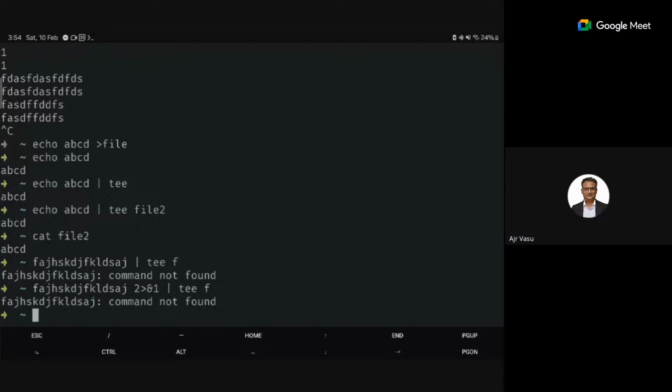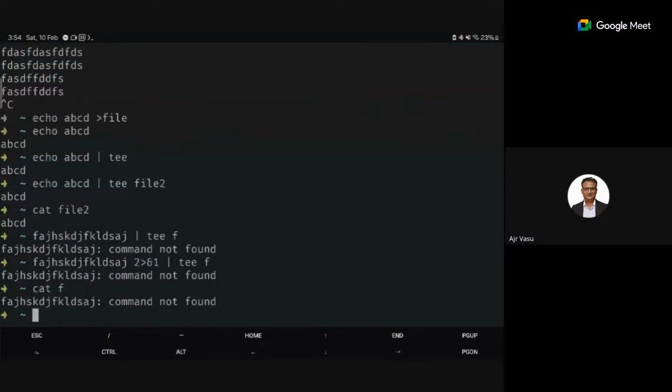So it is piped and it went through tee, and tee displayed the standard output. Now it's standard output here. At the same time, if you see here in the file, it's written. But generally, it is not a good practice. We should not do that unless that is what we need. So instead of that, what we do is,